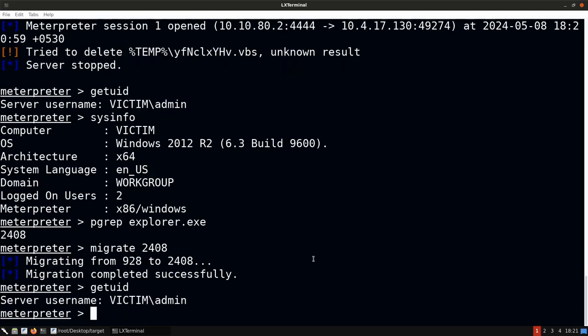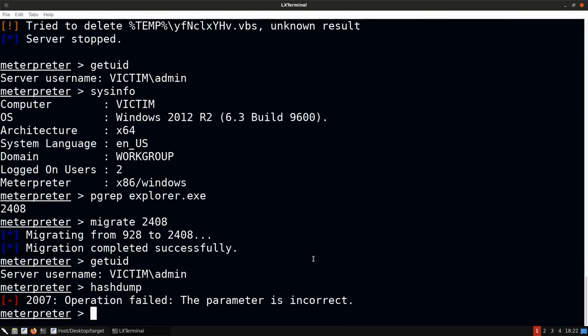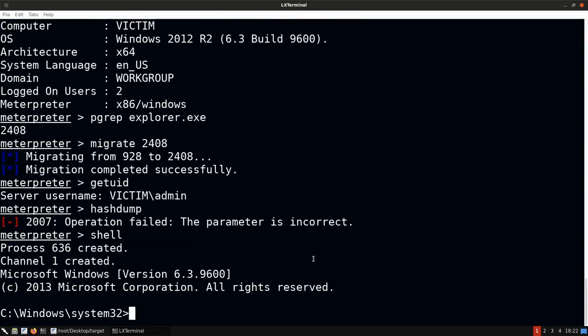So first things first, I say getuid. We're currently a user called admin, so you would assume that we have elevated privileges. If I say hashdump here, however, you'll see it doesn't work. Okay. Now, another thing that I want to show you is if I open up a shell and say